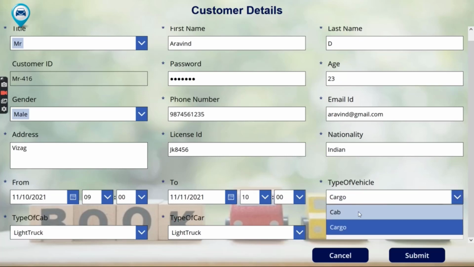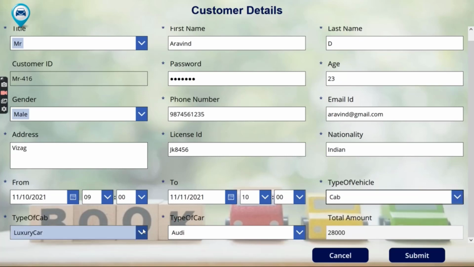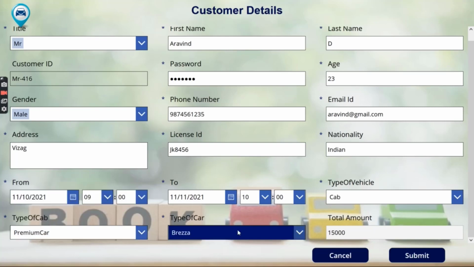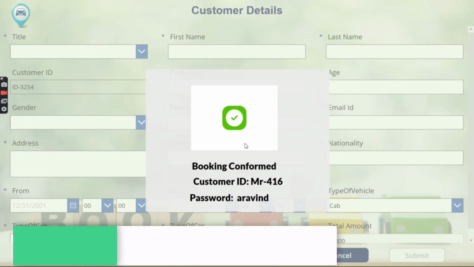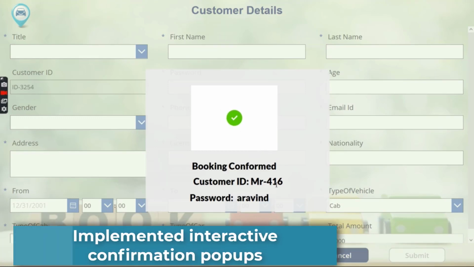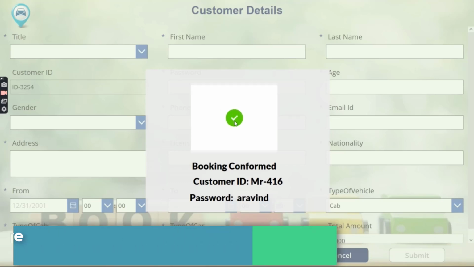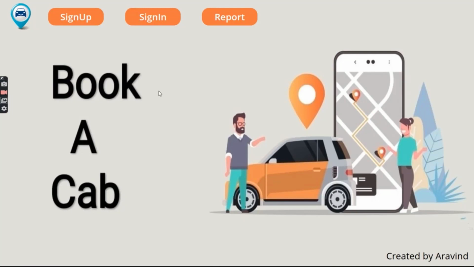But I want to choose cab. I'll choose cab under regular, premium, and Creta. And after clicking on submit, we can see that booking is confirmed, and we can also see the customer ID and password. After clicking on this, we will move to the landing page.